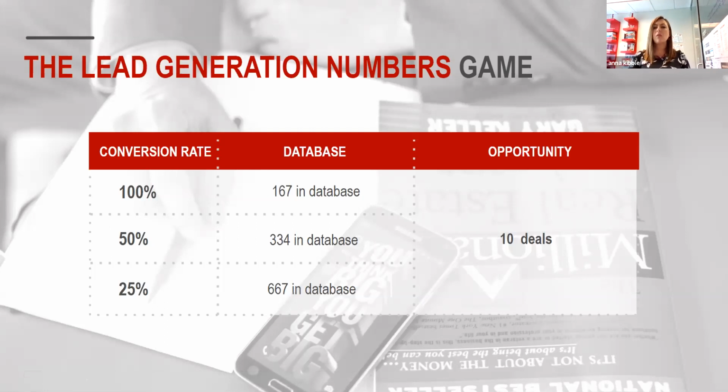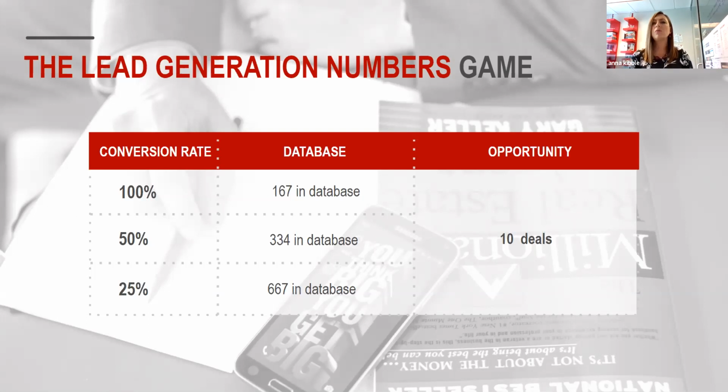So we may have closer to a 50 or even a 25% conversion rate through our database, especially if we're kind of newer to the business, because when we first get started, we gather everyone we know and we want to put them in our database, and they might not all deserve to have earned a spot there. So there's a bit of a game that we play, feeding through that database and making sure that we have quality contacts in there who are ready to engage with two-way communication, right? So kind of middle of the road here, 50%.